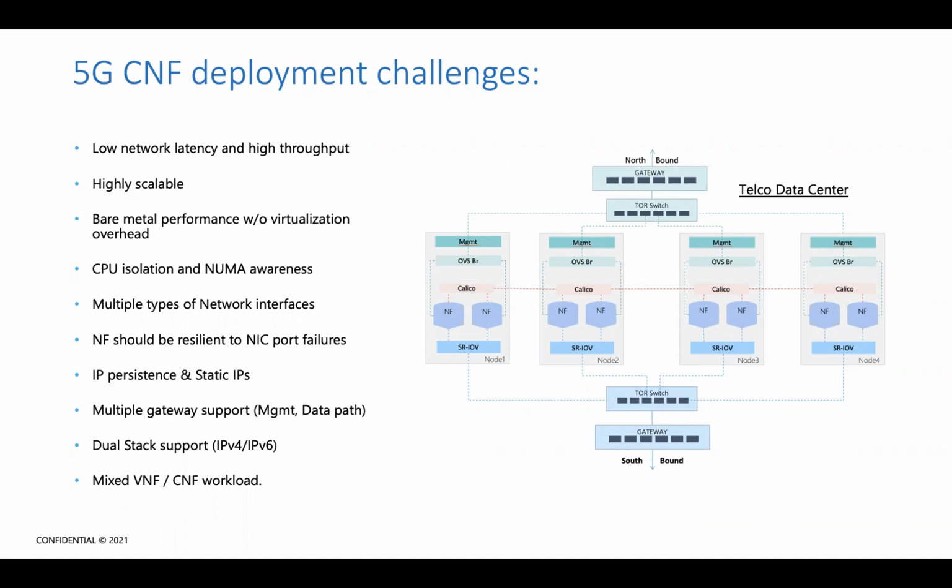Some of the key requirements when operators deploy their telco data centers are managing their network functions in a cloud native world, achieving low latency and high throughput for 5G applications, as well as high scalability and very good performance at the edge as well as at the core. In order to achieve that, they need to place the workloads in such a way that